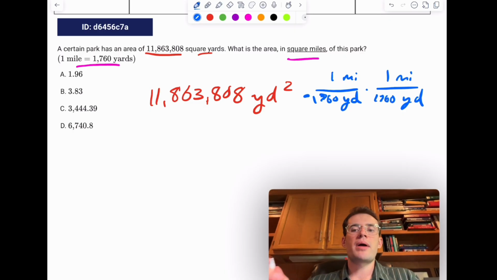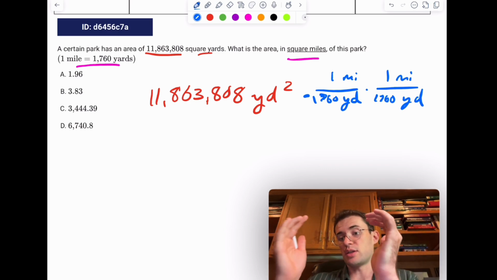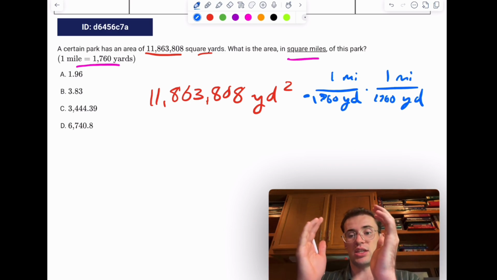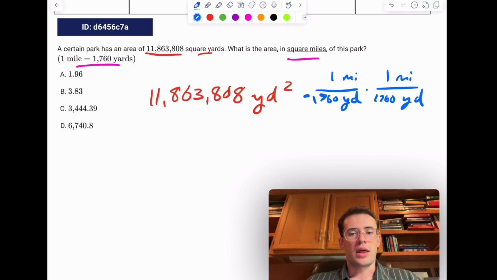If we multiply by 1 mile over 1760 yards 2 different times, or you could think of it as multiplying by 1 mile over 1760 yards, all of that squared, then yards squared divided by yards is just yards, and then yards divided by yards is 1. So we got rid of those units, and we are left with miles times miles, which is miles squared. So we have this number,